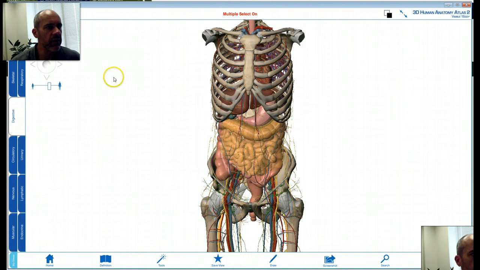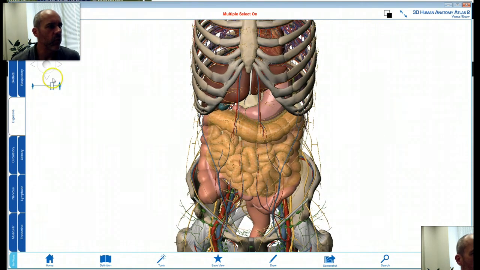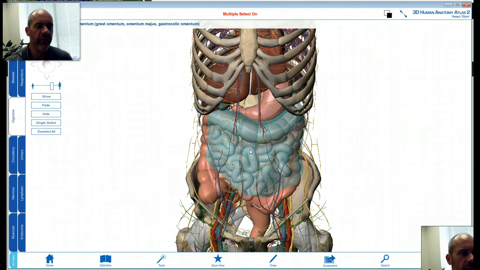So I have a different view here of the abdominopelvic cavity, and we're going to zoom in here toward our large and small intestine. I'm going to highlight this yellowish brown structure here first. That's called the greater omentum. Now, it's not actually listed on your anatomy study guide, but I just wanted to point that out to you in case you're seeing that on diagrams in the book or other things that you may be using as